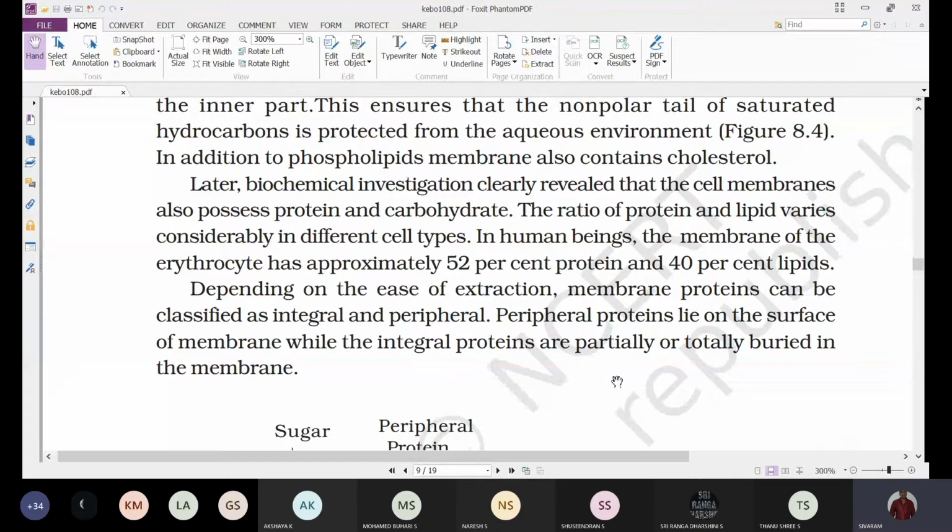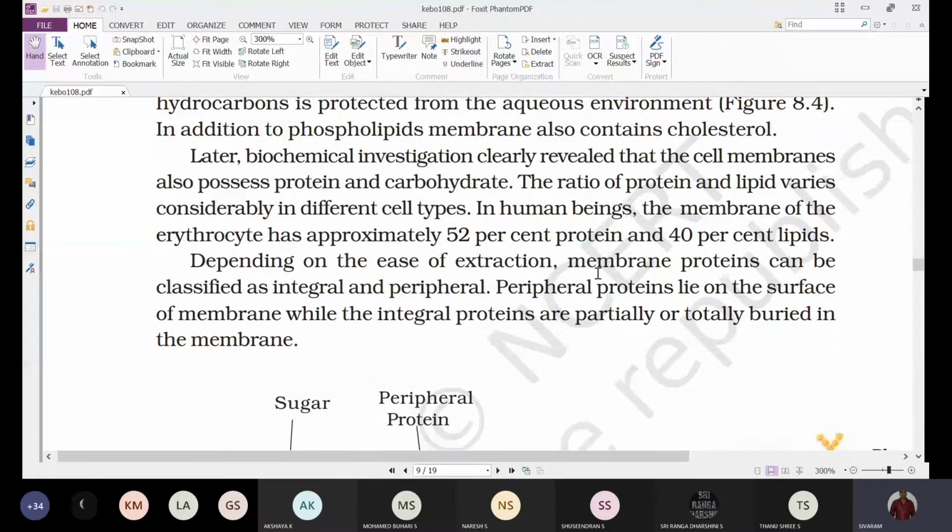Depending upon the ease of extraction, membrane proteins can be classified as integral and peripheral proteins. Ease of extraction means how easily some proteins can be removed from the membrane, while for other proteins it is very difficult to remove them. Depending upon whether we can easily remove these protein molecules from the cell membrane or find it difficult to remove them,